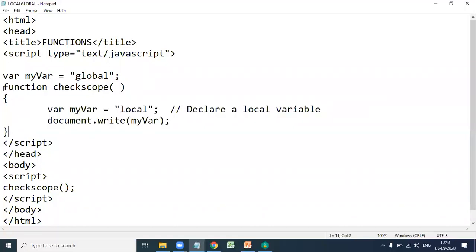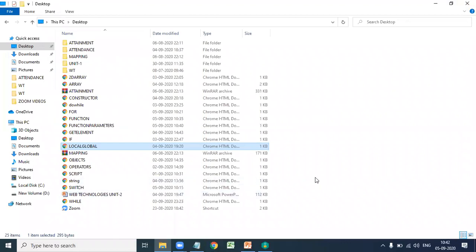Here we define a function check scope, and we call the function check scope. So this is about functions. In the next class we will discuss constructors.